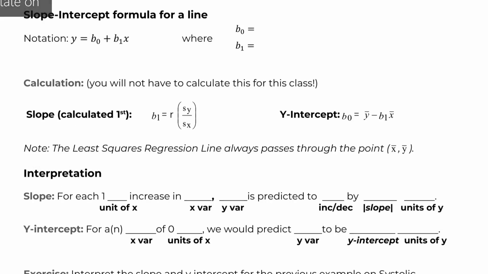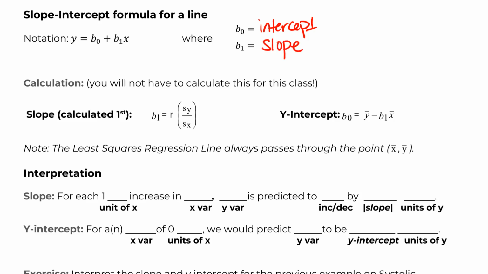All right, so the next thing we're going to do with our line, like I said, beyond just making predictions, we want to look generally at what the line tells us about the relationship between our x and y. So that's going to be breaking down this slope-intercept formula and what we already know about slope and intercept from algebra. So again, we tend to reverse the equation of the line in statistics. So our b naught, the thing floating out here without an x, is our intercept. And our b1, the thing that's touching the x, is our slope,